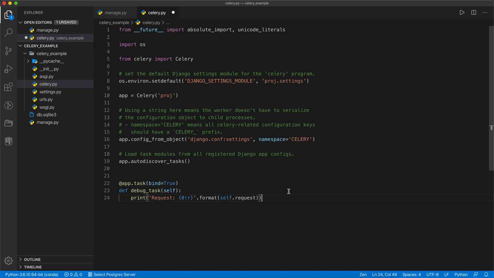Now let me explain it line by line. Basically, we are importing absolute_import from the future, so this celery.py file won't clash with the celery import. Then we are importing os, which is basically used for the Django settings module in the Celery app.